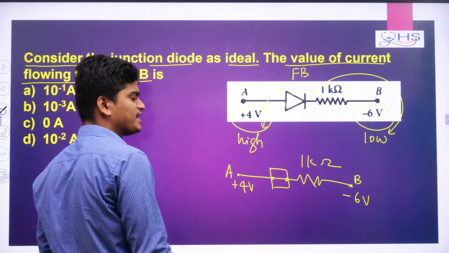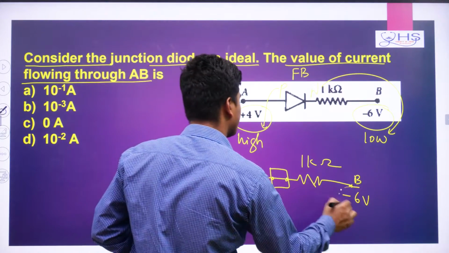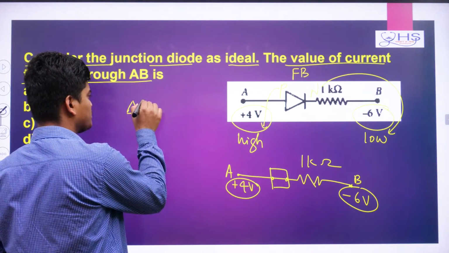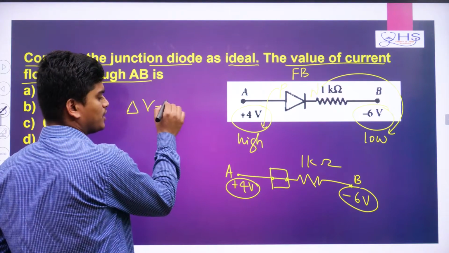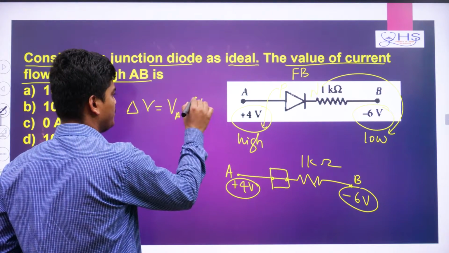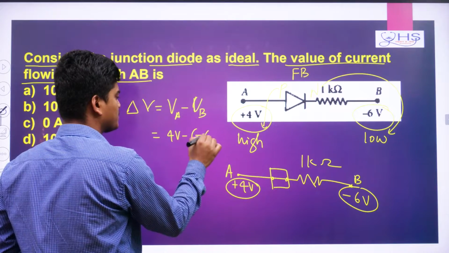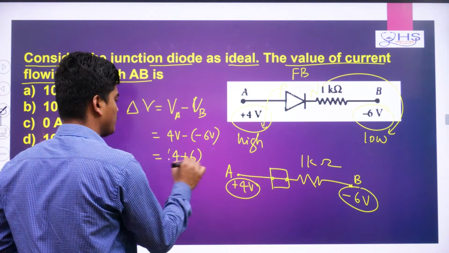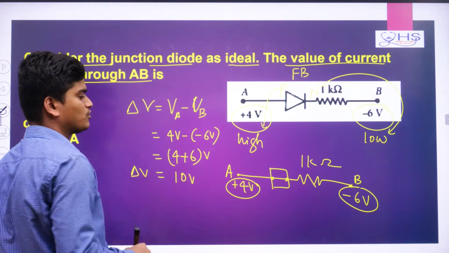Now what is the total potential difference here? Now potential difference you will see here: this end is 4 volt, this end is minus 6 volt. The potential difference between these two. Okay. So what is the potential difference? That is delta V I am writing. So delta V equal to how much? Now here you can write VA minus VB. Now VA equal to 4 volt minus of minus 6 volt. So total coming 4 volt plus 6 volt, that will be coming as 10 volt. So potential difference is 10 volt.